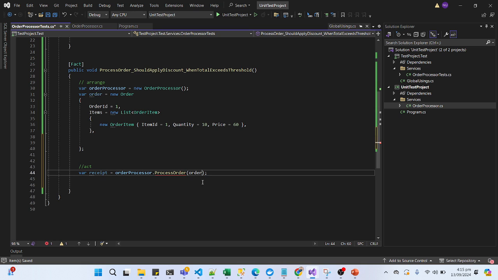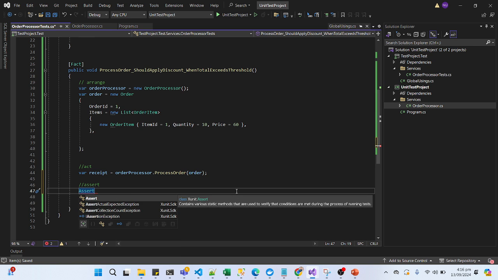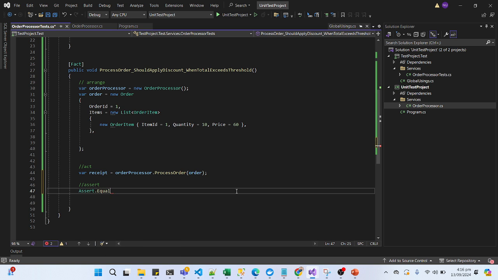Okay, now I have to go to the final step, the assert. In the assert, basically we are checking the actual output. We are adding different conditions. Okay, Assert dot equals, and I have to check